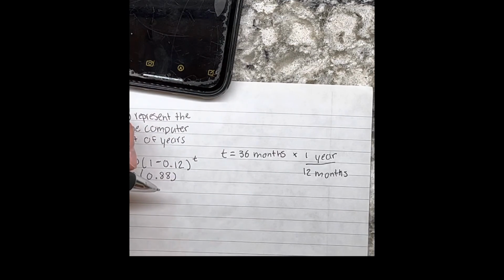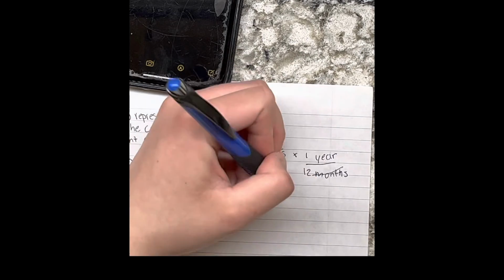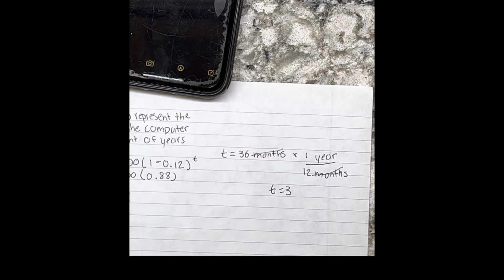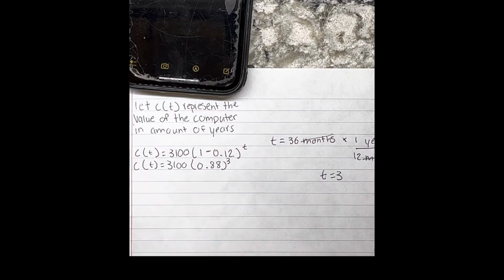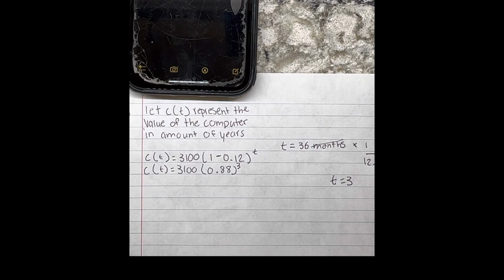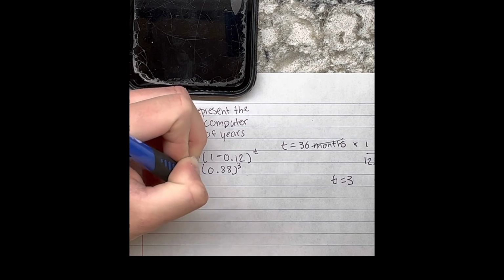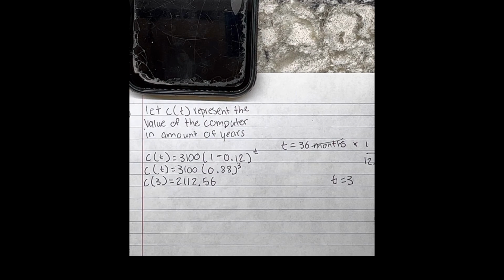So we have to convert the months into years since the question is asking about years. So we're going to say t equals 36 months times 1 year over 12 months. And we can just cross out the months. And it is equal to 3 years. Now that we know that, we can plug it into the exponent of t, which is representative of time in years. And so now I am just solving it, and we have C of 3 is equal to